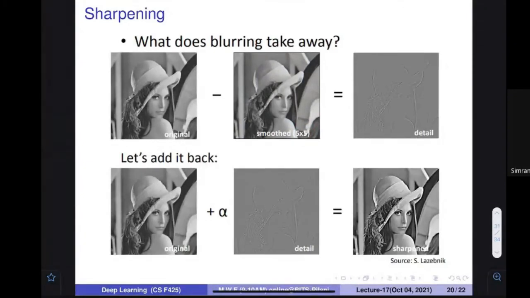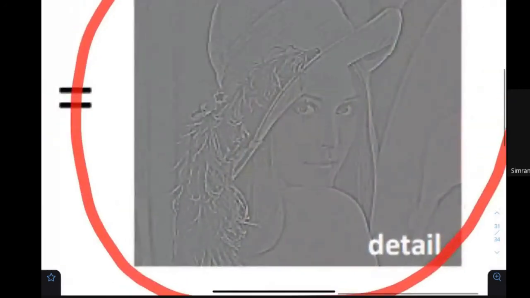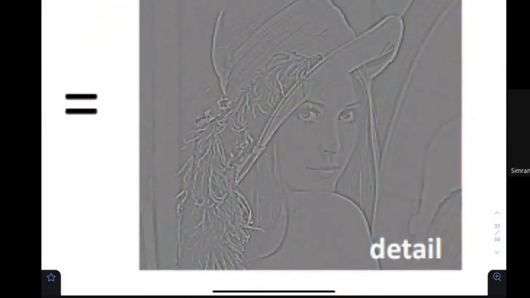Are you able to understand? If I applied the filtering of 5x5, as I told you a few minutes back, anything of size 4x4 has gone. If I find the difference, what would I get? The thing that has gone. What has gone? This is gone. What is this? These are the details which were there, because 4x4 means these are the small details. It's not the overall thing. The overall thing is of bigger size. These are the details inside the image. So if I subtract this, I get the details.